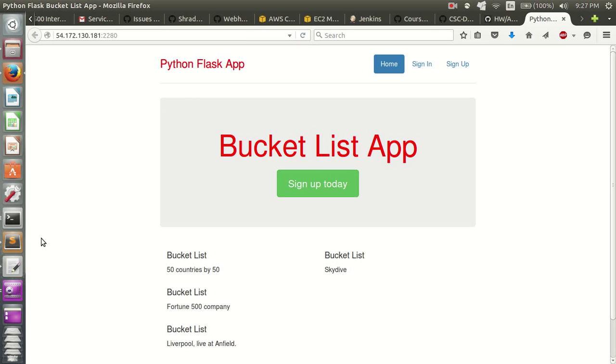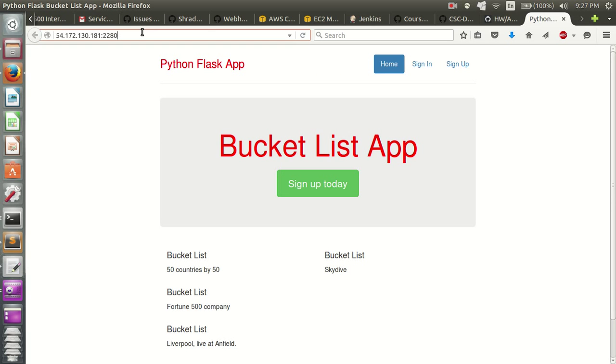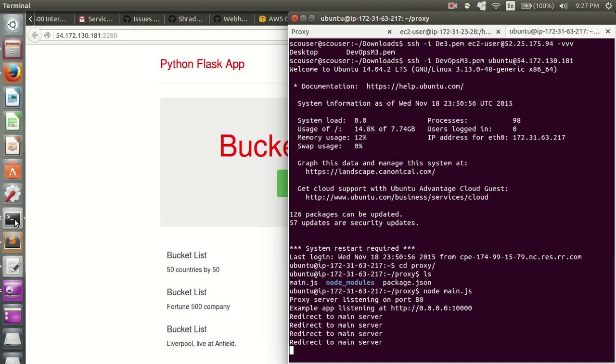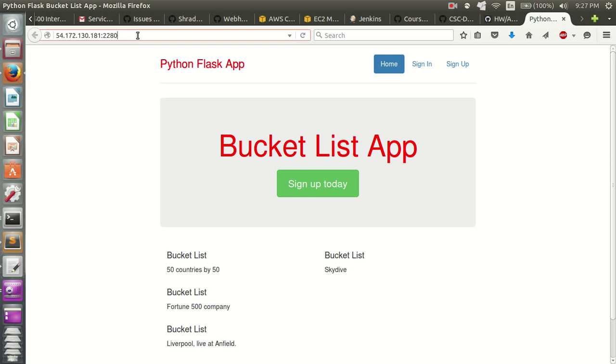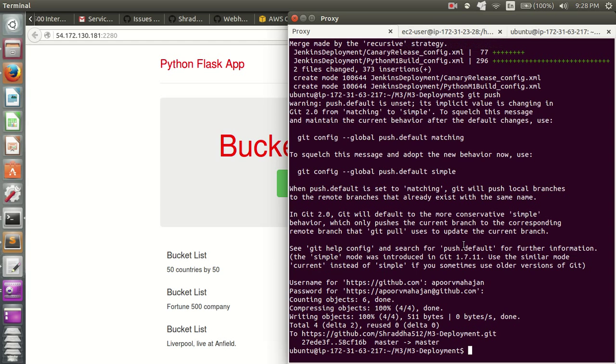So here you can see that it has been redirected to the main server. And if I just keep going, in the middle it had been redirected to the canary version. So this is our proxy server, and once an alert has been raised, all traffic to the canary is stopped. To show that in action, I'll just